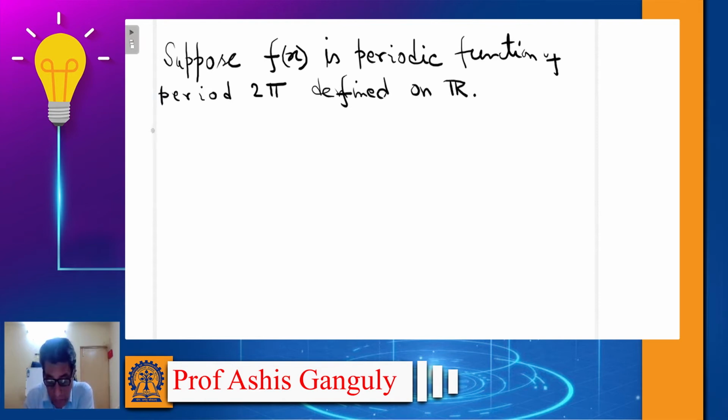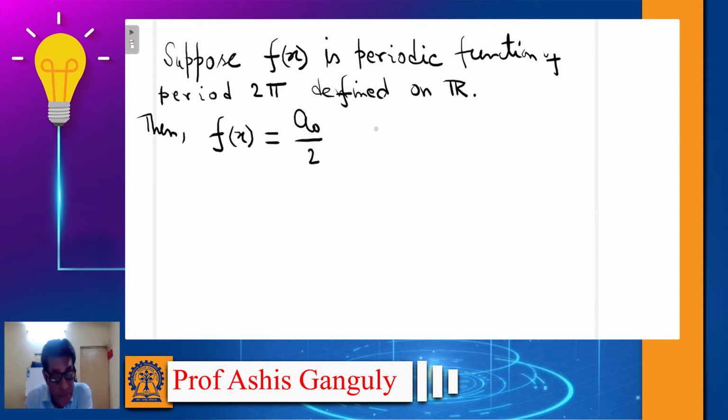Then we can expand. Fourier series means it is an expansion in terms of sine or cosine functions. Okay, these are expansions. So then we can expand f(x) as an infinite series of sine and cos functions in this way: